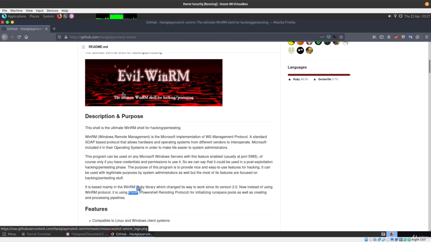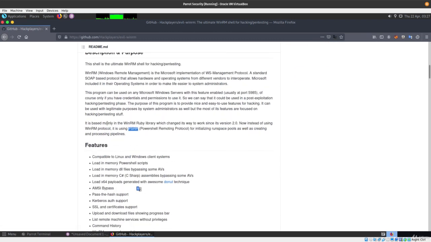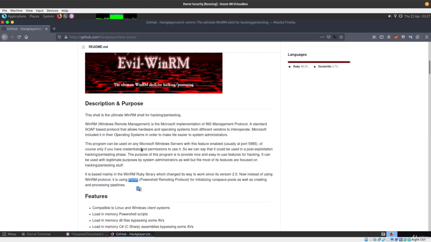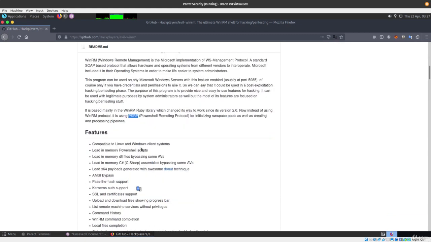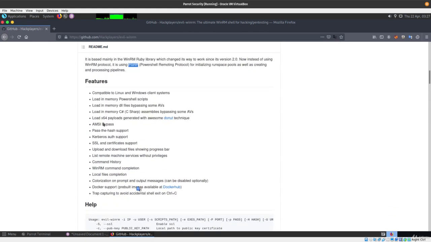So whenever we connect to EvilWinRM, if you have the credentials to be able to do that, and also if the WinRM port is open, we are going to be able to do a lot of stuff like AMSI bypass. We can do pass the hash support. We can do some Kerberos authentication support. We can do some command history as well, which is kind of good. You can load DLLs. We can load C# in memory, and it's really nice that it does the load in memory, because you